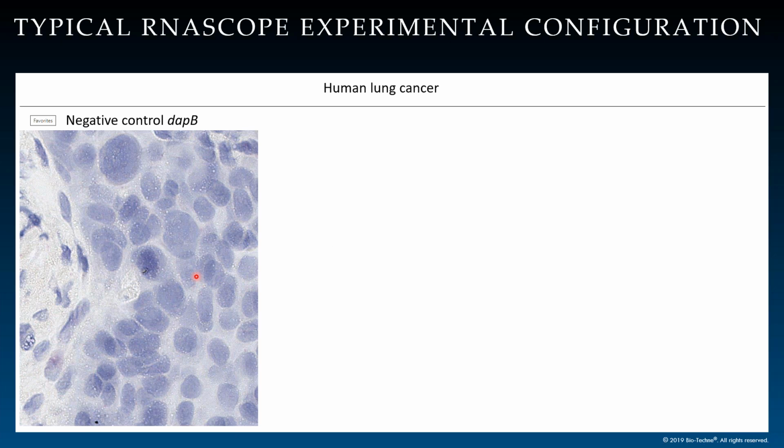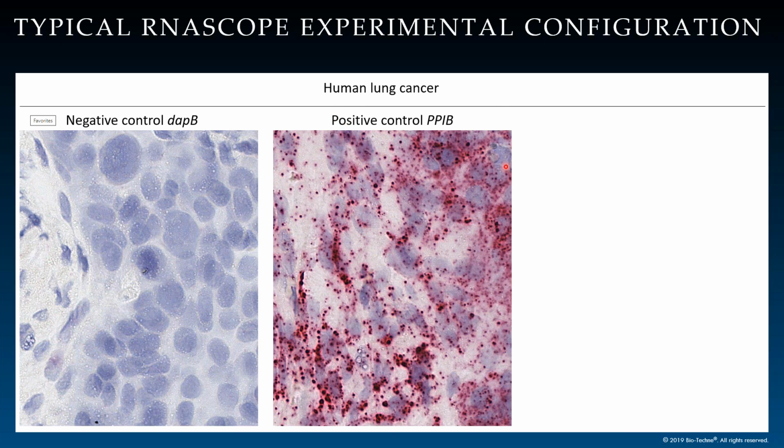Here is an example of our negative control probe DAP-B, which targets a bacterial gene and shows no signal in a mammalian tissue like the human lung. On the other hand, our positive control probe is PPIB, which is ubiquitously expressed in mammalian tissue. So this gives you an idea of the difference in the signal when you see a positive RNAscope signal